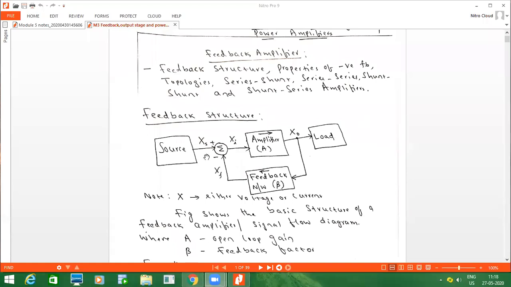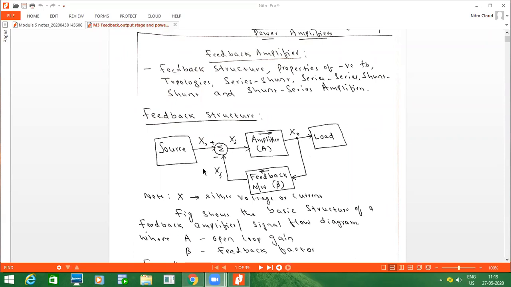I already told you this is the general block diagram of the feedback structure. We are not discussing particularly voltage series, voltage shunt, current series or current shunt amplifier, because I don't know whether in the input stage it is voltage or current. In the output stage also I don't know whether it is voltage or current. Based on the voltage or current parameter, we are going to conclude voltage amplifier, current amplifier, transconductance amplifier or trans resistance amplifier. For the voltage amplifier, at both the output side as well as the input side, the quantity should be voltage. Current amplifier means both input side as well as output side, the quantity should be current. What about the transconductance?